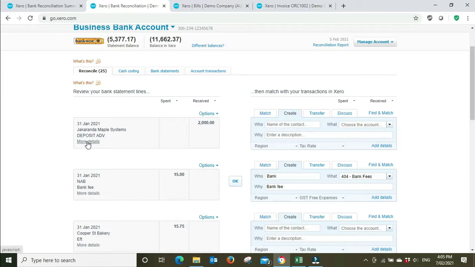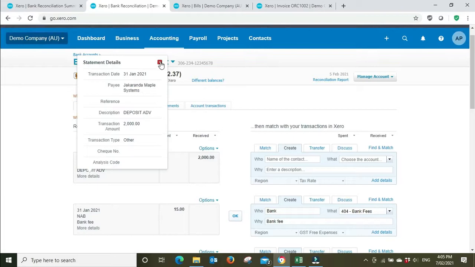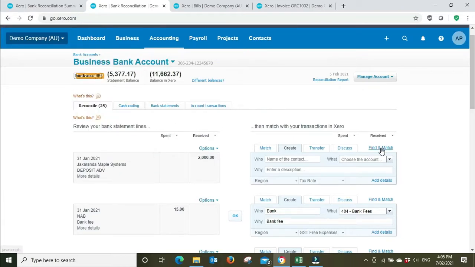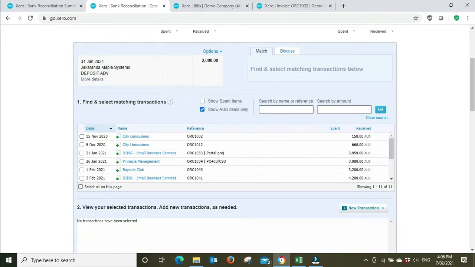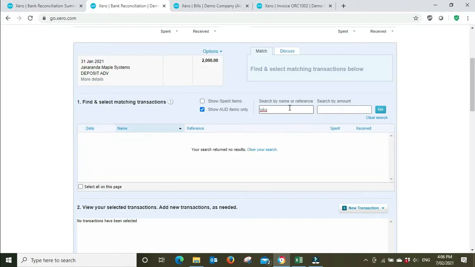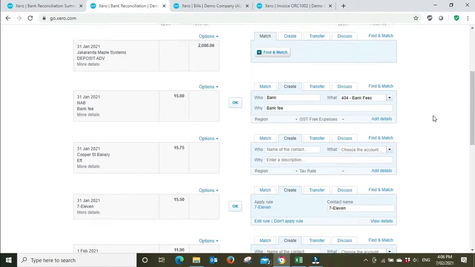Jacaranda Maple Systems. So for this one, we're not too sure about this. It says it's a deposit or an advance. So we'll have a quick search. Nothing here. And I was having a bit of a look around this file before, and I don't believe this invoice has actually been entered. So in this case, when no invoice has been entered,